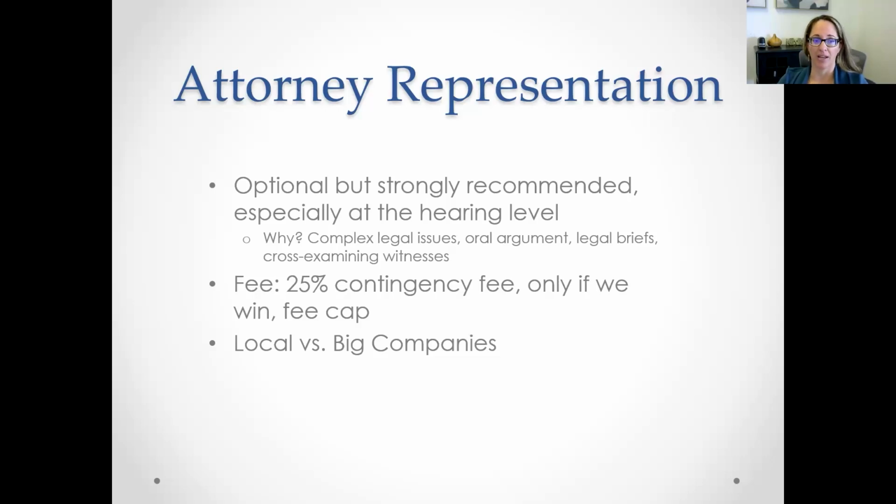Okay. The way that attorneys get paid in this area is mandated by Social Security. So all attorneys who do this area of law get paid in the same way. And it's called a contingency fee. That means we only get paid if we win. We get 25% of any back pay that's awarded to you one time, capped off at $9,200 right now. That's the fee cap this year. And again, that's only if we win. So if we don't win your case, we don't get paid at all a fee for working on your case.